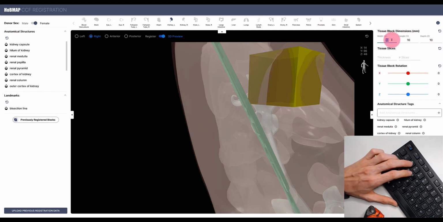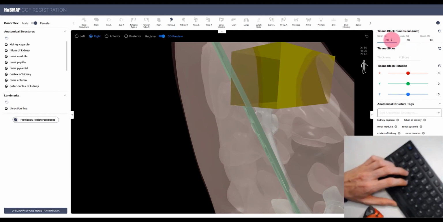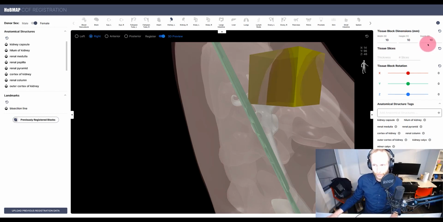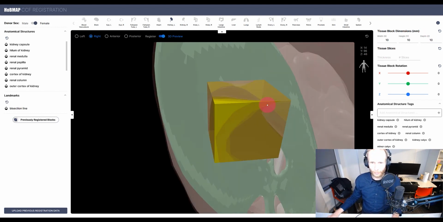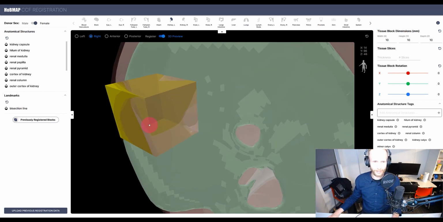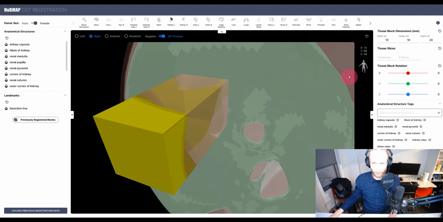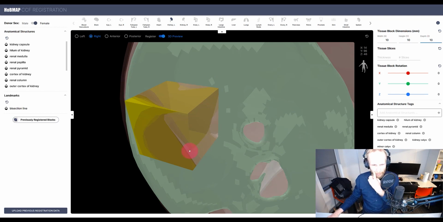If I were to resize this, let's make this a little bit bigger, you would see that this reformats instantly. Let's go back to 10 millimeters. And one thing that I would like to emphasize here is that when you set the Z dimension, so when you set the depth, make sure that this aligns to the cutting direction of your cube. So for example, if you were working on a cube that you were dissecting into slices along the long side, you should make sure that the long side is going to be the depth. This is very important. So let's go back to 10 for now.